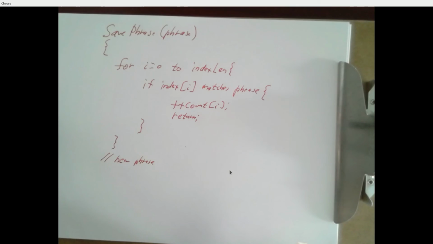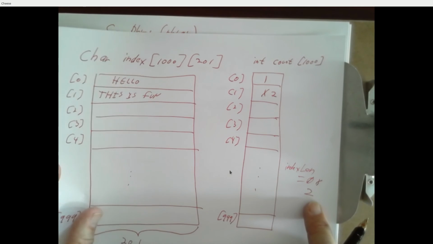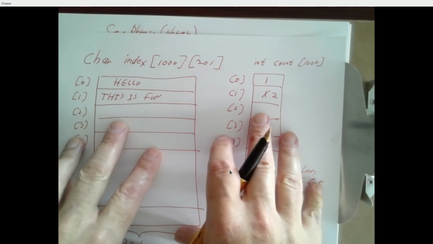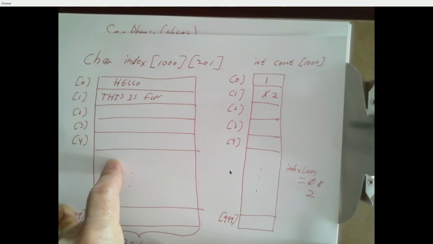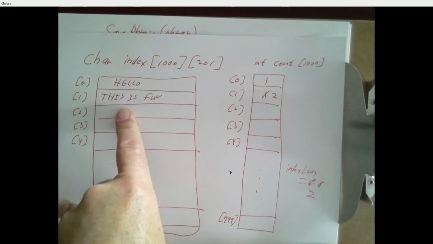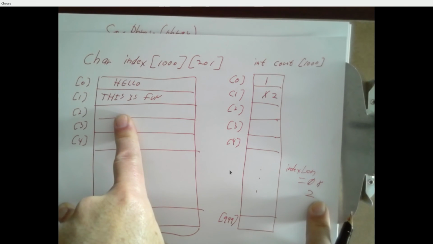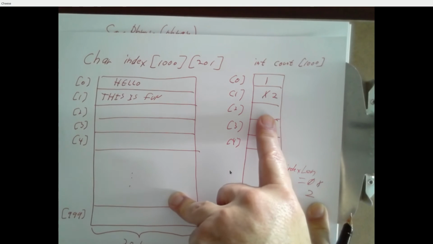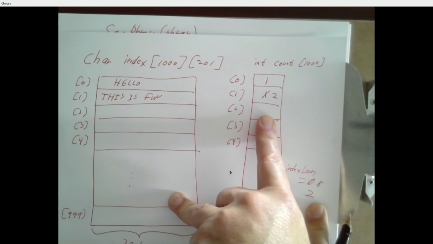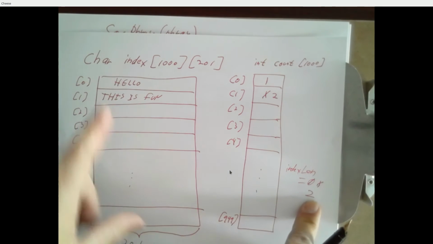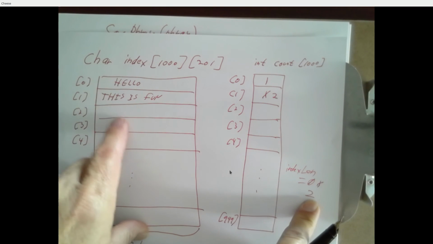All right, well, if we've got a new phrase, index len tells me how many phrases I have. If this was how memory looked and I got a new phrase, what index would I store it at? 0, 1, 2, 3, or 4? 2, right? And index len is 2. So my theory is index len tells me where I should store my new phrase and where I should store the corresponding count. And that's how arrays work when you start from 0, if you do this kind of length,